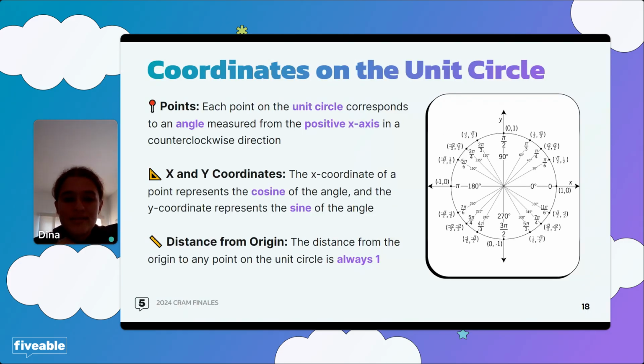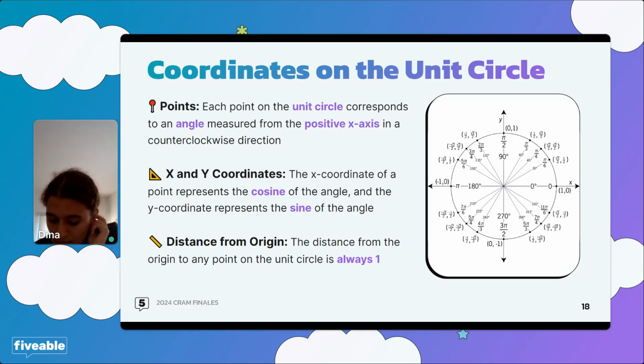As I've already said, you can see that the points here correspond to the angle on the sine and cosine values. And as I've said, I can't stress this enough, the x coordinate is the cosine of the angle and the y coordinate is the sine of that angle. It's worth writing that down when you get your test and a trig question, so you don't forget. And we also know that the distance from the origin to any point on the unit circle is 1, because that's just the radius of the circle. So that distance is always 1.